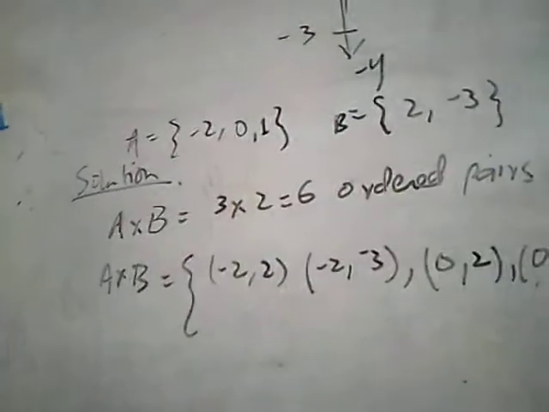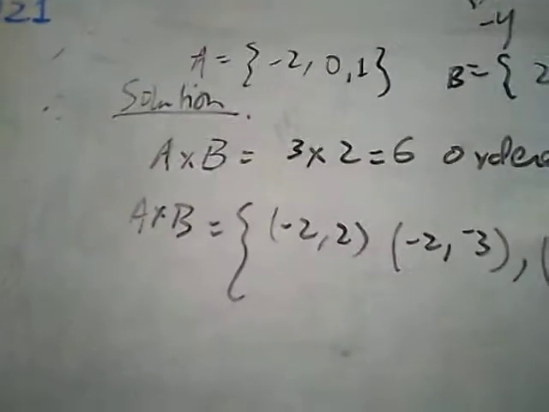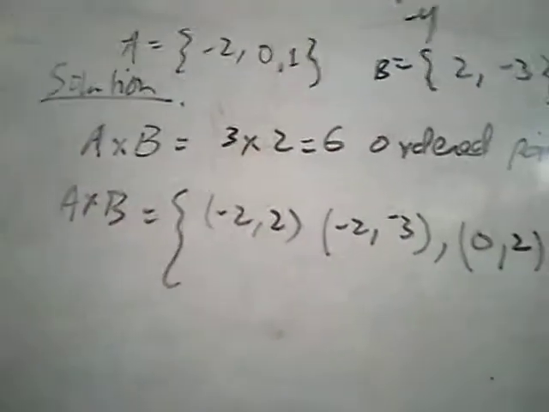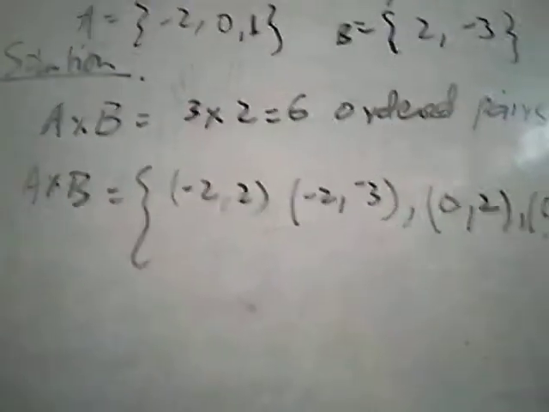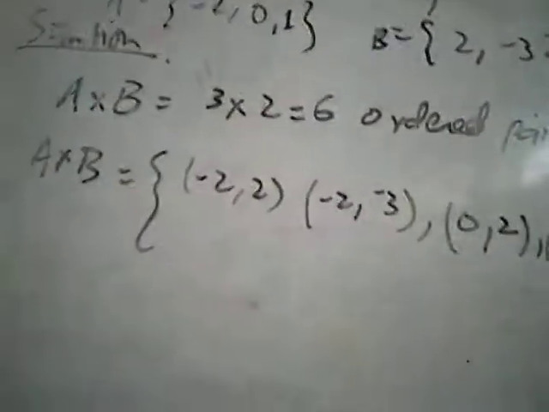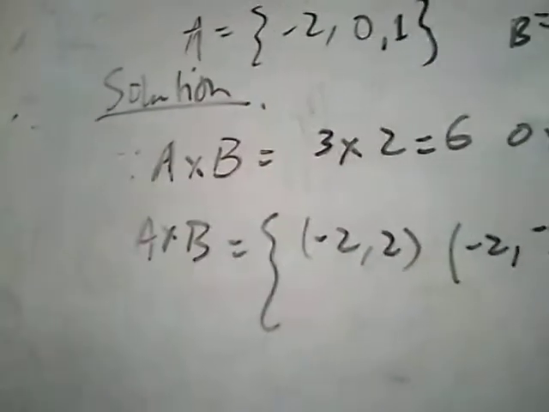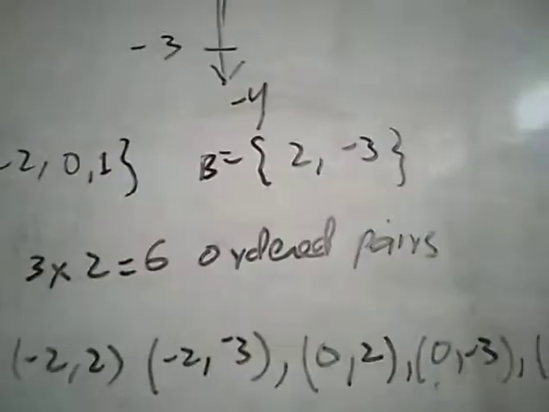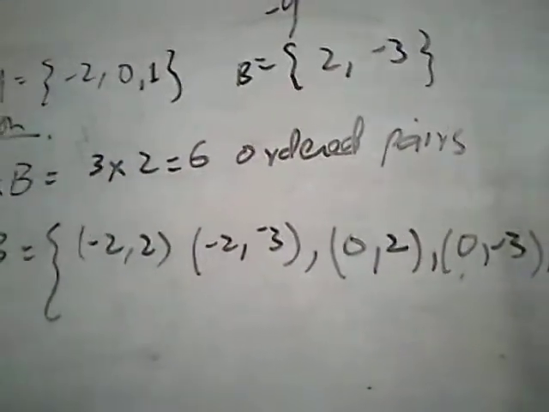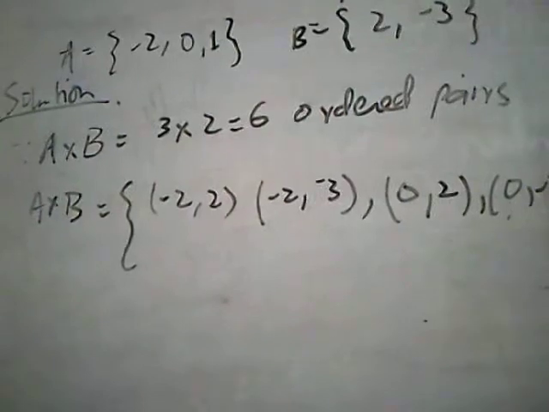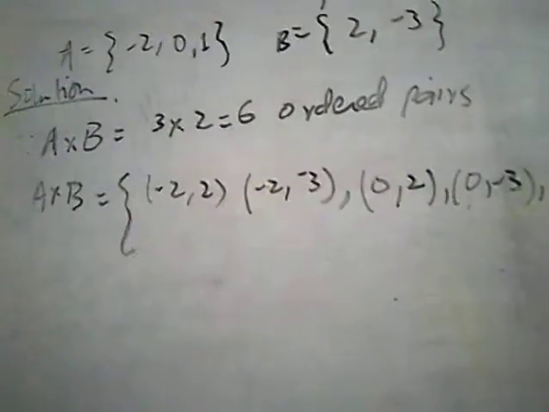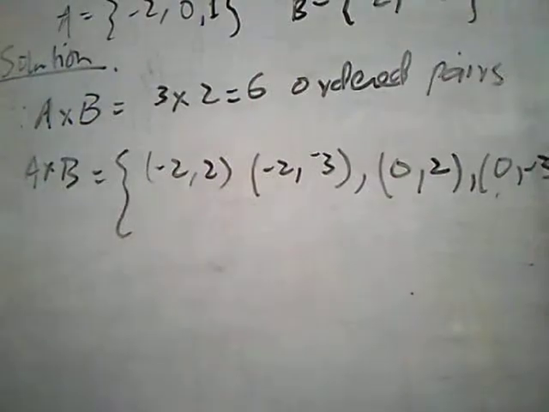Now this is the format of the solution for this question. First you'll write the solution heading, and then you will give reference to A cross B, because they said graphically represent A cross B onto the plane. Since there are 3 elements in A and 2 elements in B, the total number of ordered pairs would be 6, and these ordered pairs are A cross B equal curly bracket, because we talked about it already that A cross B is a set of ordered pairs.